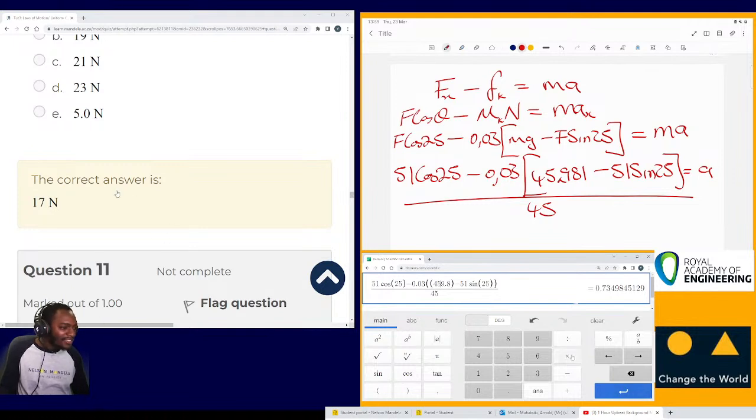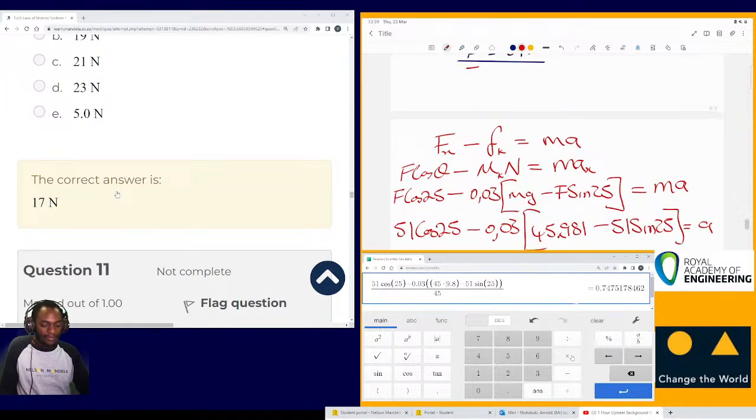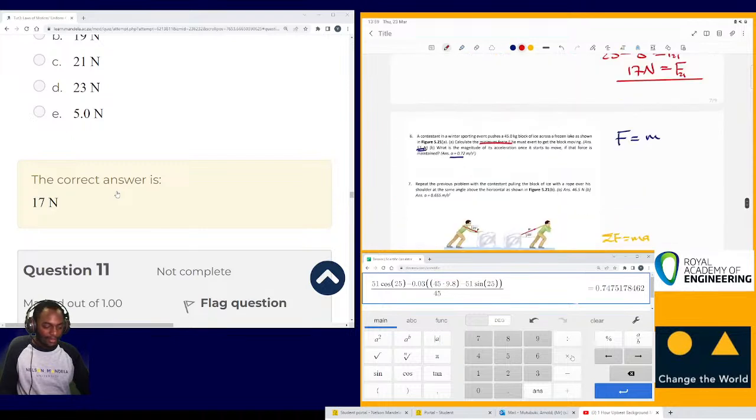I see. And I'm getting 0.7 for acceleration. Yeah. Here we have 7.2. I'm not sure. I think maybe it could be